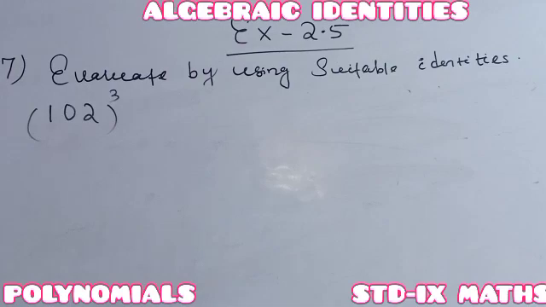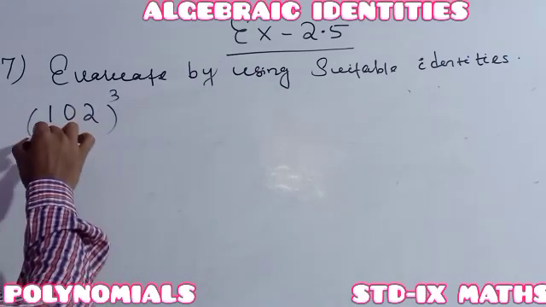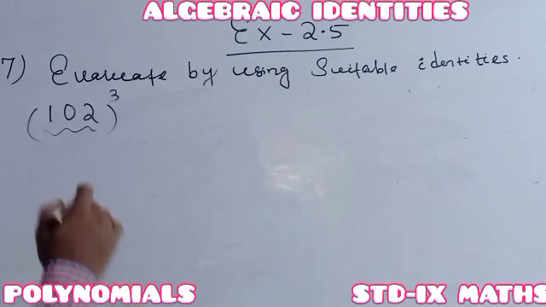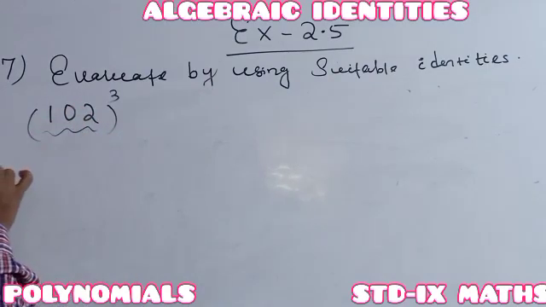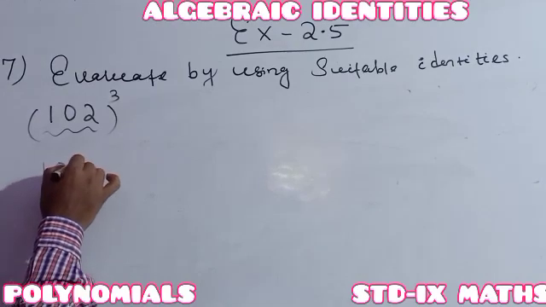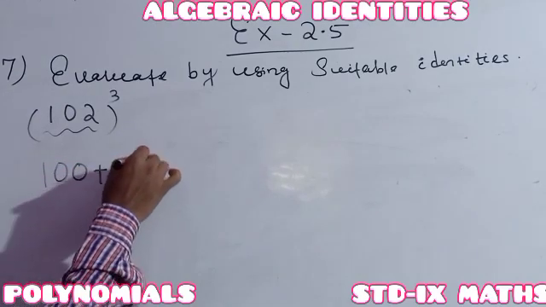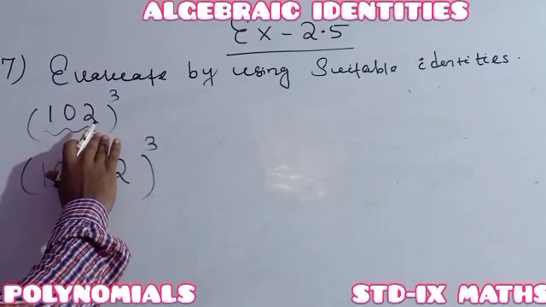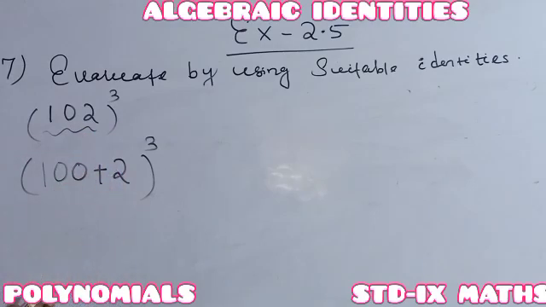See, in the next question it is given 102 cube. You just have to find it by using the suitable identities. I always said, whenever a single number is there, we have to express the single number as the sum of two numbers. As it is a 3-digit number, you should find it as the nearest 100 expression. Okay, so 102 one can write in the form of (100 plus 2) whole cube. Is it okay or not? So 102 is nearest 100 plus 2, so already it is in the form of two numbers cube.